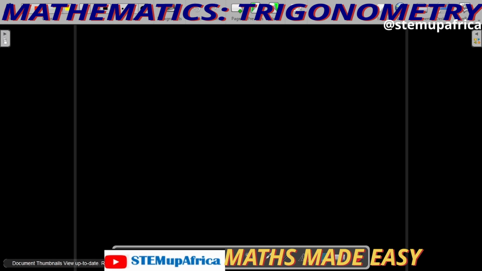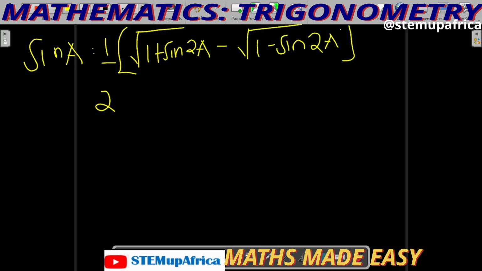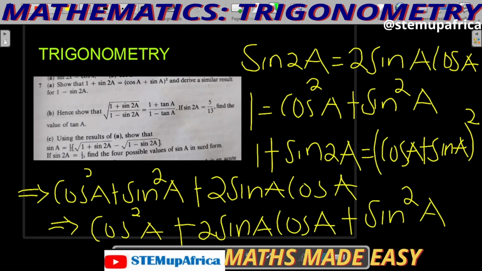So we are asked to prove that sine A is equal to 1 over 2 into square root of 1 plus sine 2A minus square root of 1 minus sine 2A from the results in A. So how do we achieve these results? So let's see